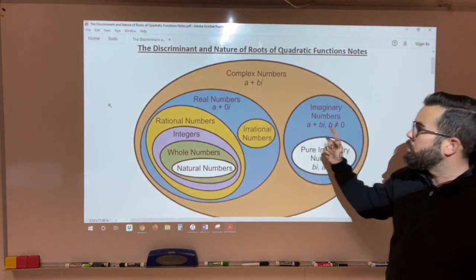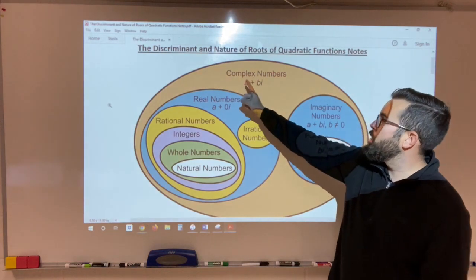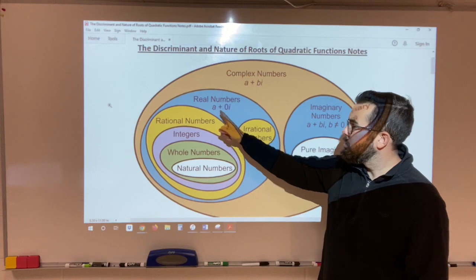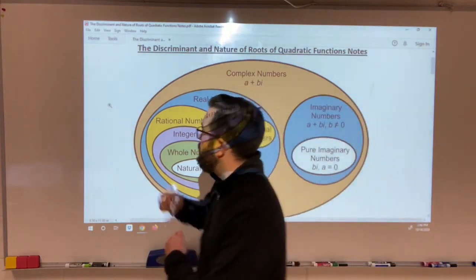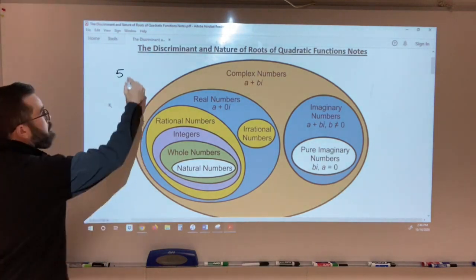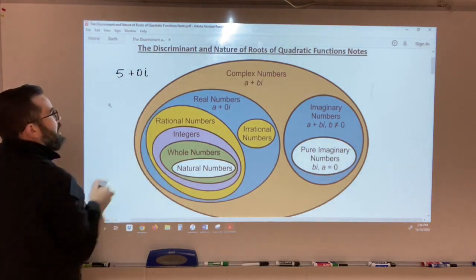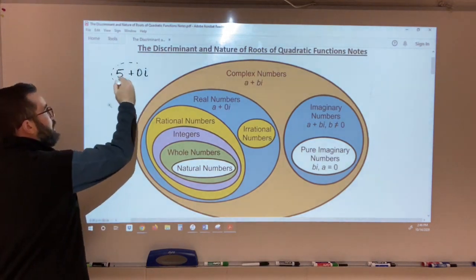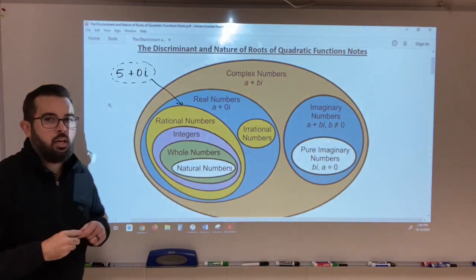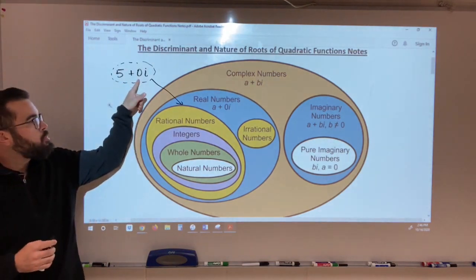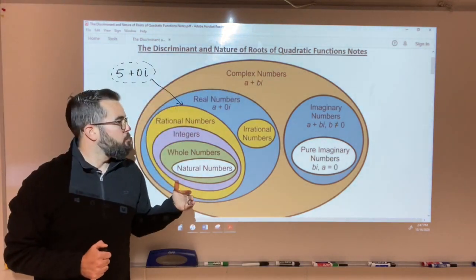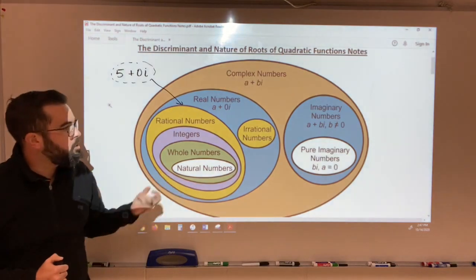All right, real numbers can be written in the form a plus bi, where b is 0. So a real number, for example, could be 5, but we could write this as a complex number by saying 5 plus 0i. This number right here belongs inside of the real numbers, okay? We just don't write our numbers this way. So all numbers are considered complex, and the one gripe that I have with this image is the fact that